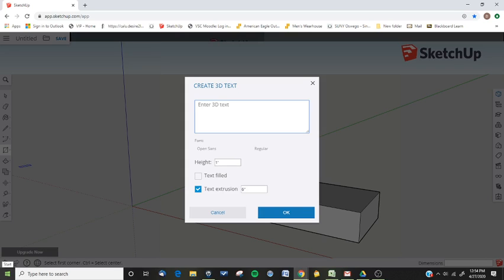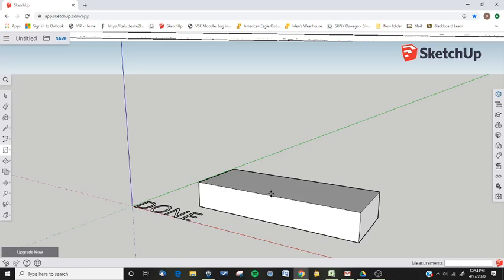"You're done." Or, yeah, let's do that. Let's just do done. Okay, it's going to be a foot tall. Text is filled in. We're going to unclick that. We're going to hit OK. 6 inches there. Okay? So you can see I can put this anywhere. We'll just put it on the top